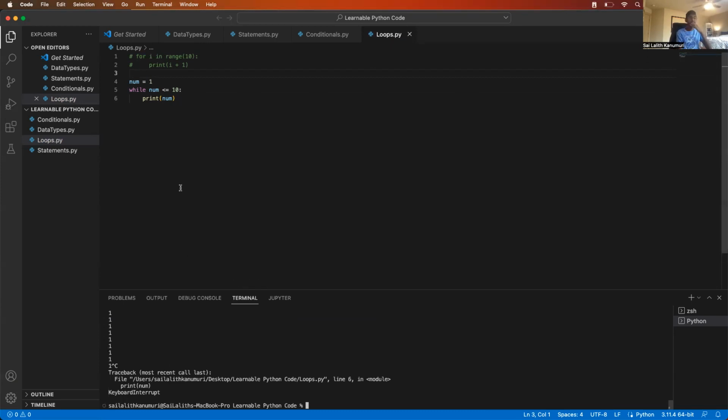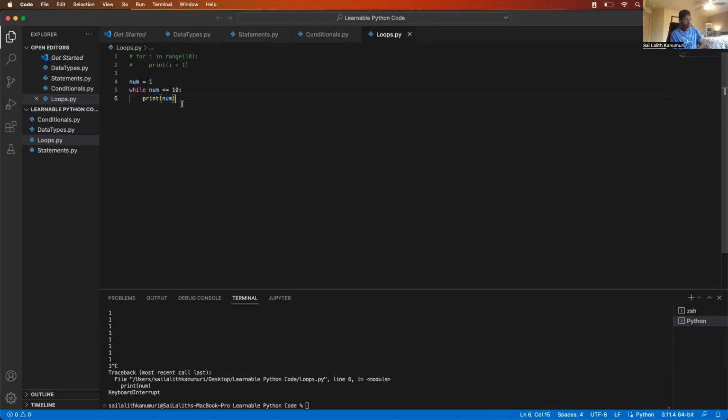Why is this running infinitely? Oh, you see that? Num is equal to 1, while num is less than or equal to 10, print num. You're doing nothing to num. Num is still 1, and it keeps on running over and over again because 1 is always less than 10. This is the instance why